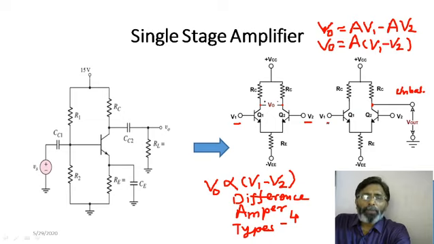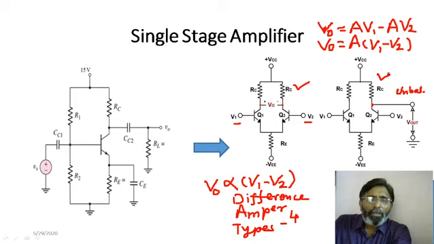and the other 2 types are basically based on only a single input used. Okay. So, if I am using only one input, it is known as single input differential amplifier. So, the other 2 types are single input balanced output differential amplifier and single input unbalanced output differential amplifier. At that time, the other input will be 0. Now, these 2 types, dual input balanced output and dual input unbalanced output differential amplifier, I have shown here because they are important and they are used in the operational amplifier. Okay. This is very, very important because this differential amplifier forms the fundamental functional block of an operational amplifier. So, its understanding is very, very important.